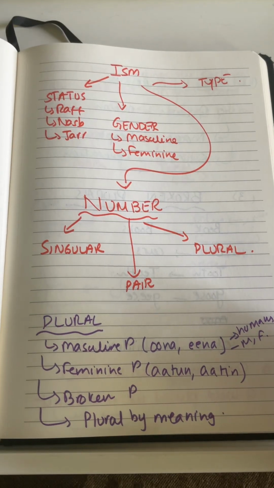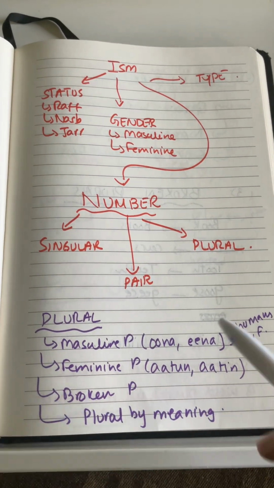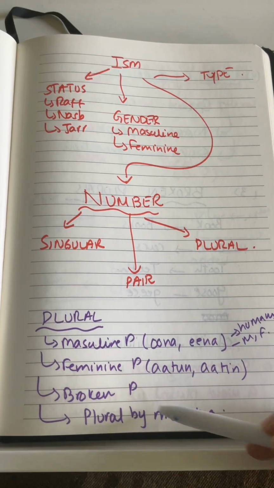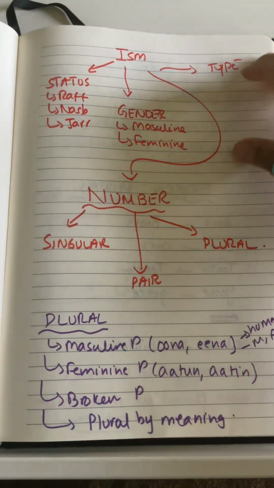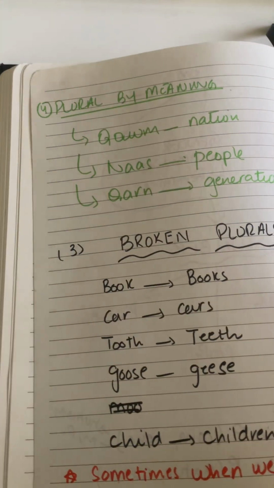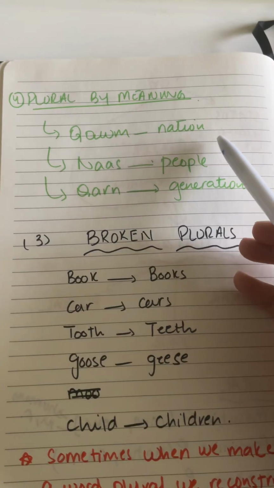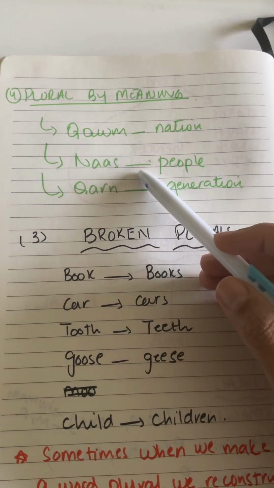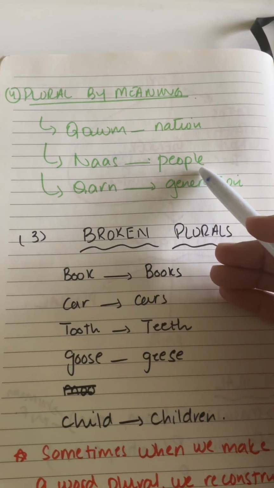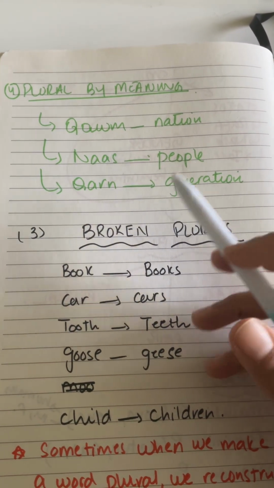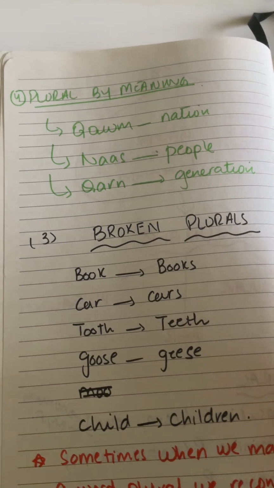a feminine plural. And then there's a third category, which is the broken plurals, which we are going to study in detail. And there is a fourth one, which is plural by meaning, and this is what we're going to do. So plural by meaning are basically the words that by meaning are just plural. And we have three words in this category: Qaum, which we know means nation; Nas, that's a group of people, so it means people; and Karn, basically a generation. So all these three words are plural by their meaning,